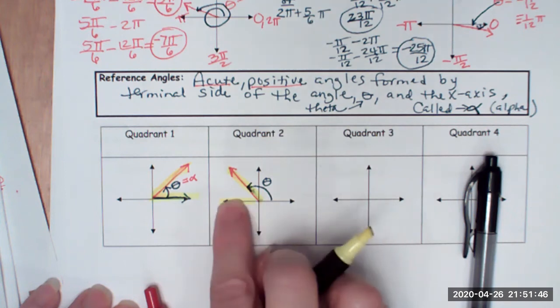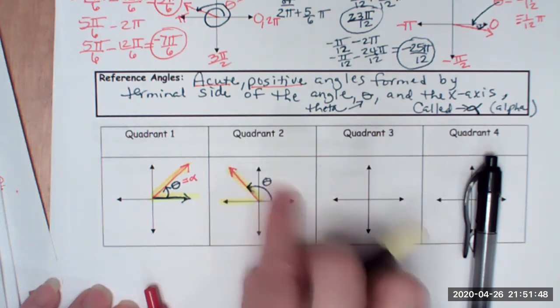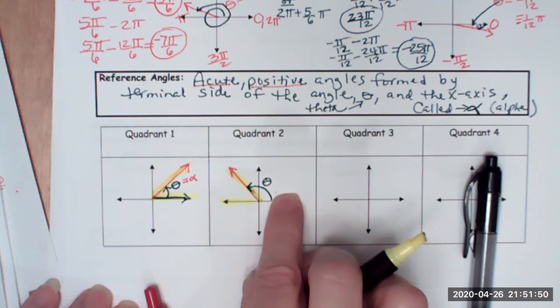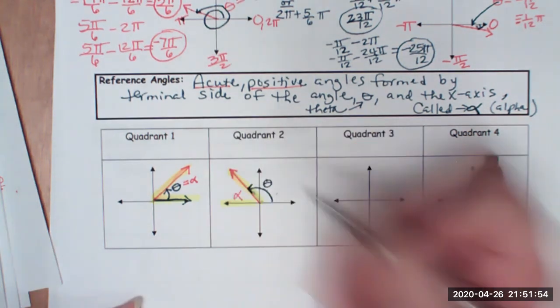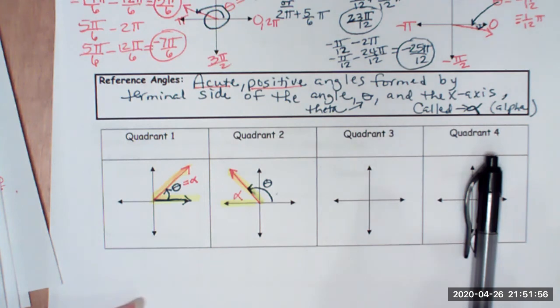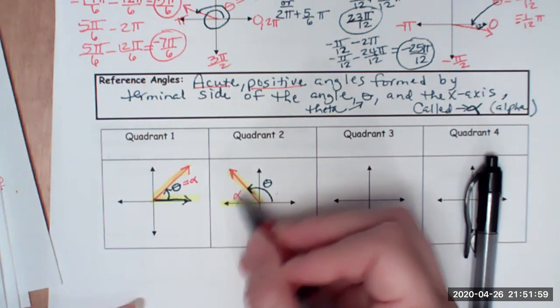We don't want this angle because this is obviously an obtuse angle. Theta is an obtuse angle here. On the other hand, over here we have alpha, and that is an acute angle,